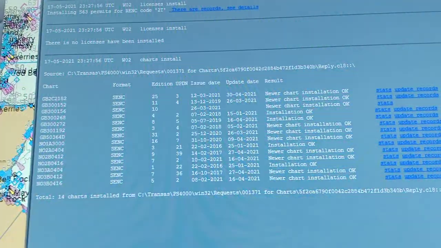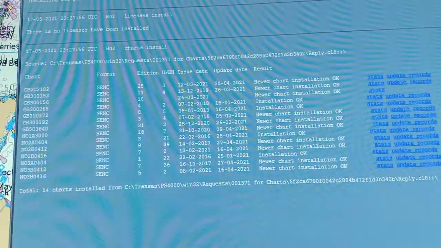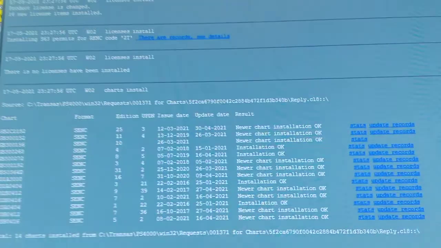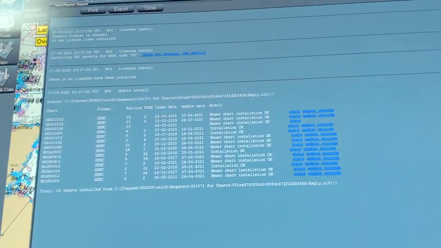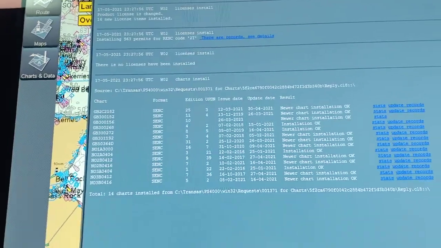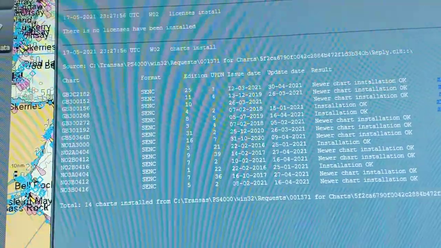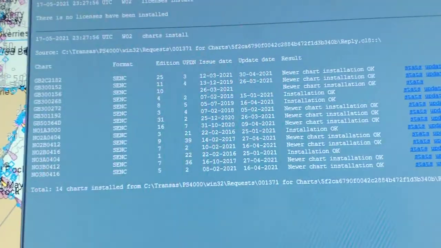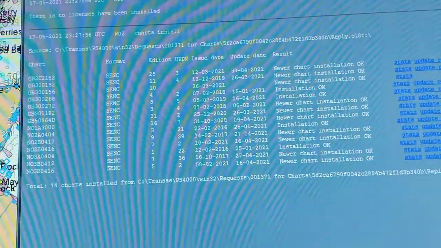So guys, I'm back now. You can see the charts which I had ordered have been updated into the system. You can see the new charts which are installed for the voyage from Latvia to Tyne. The window will come like this, which will show the license install and all the charts which are needed for the next voyage from Latvia to Tyne. You can already see the name.